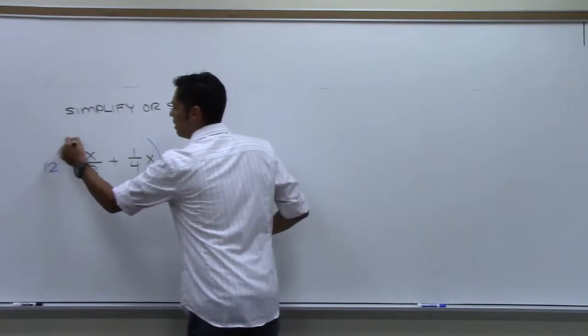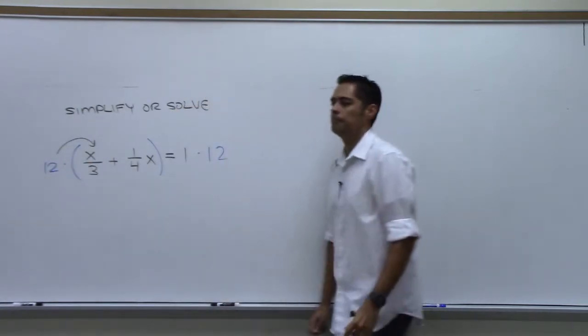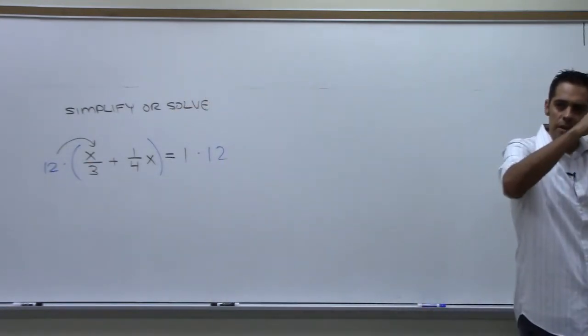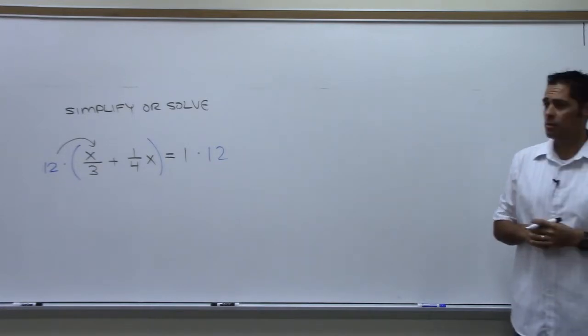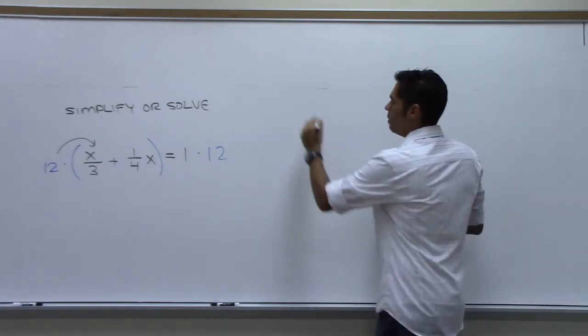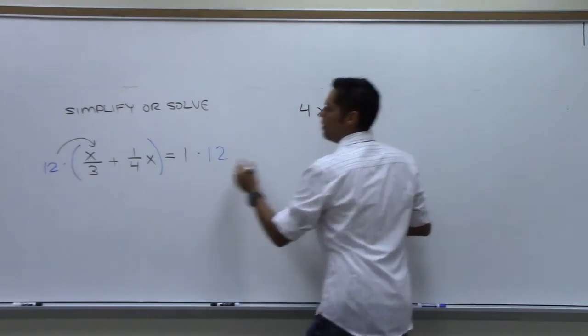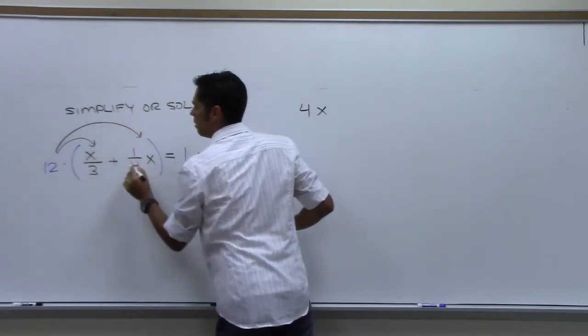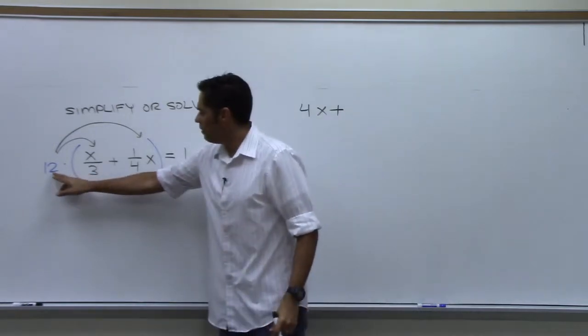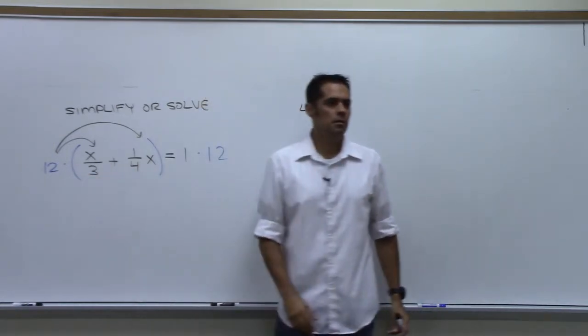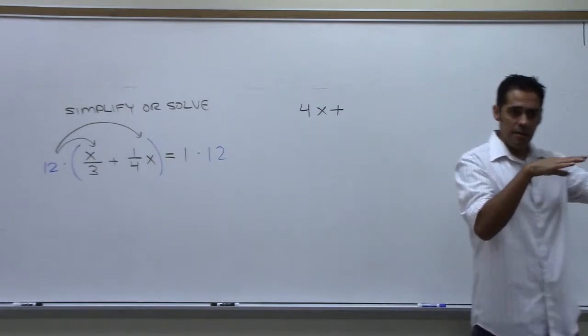What would we get if we did this to this one? The 12 and the 3 would reduce, right? And you would get what there? 4? You get 4 x's. And then when you go here to here, you're going to have a plus between them. And what would happen when you take 12 and multiply by 1/4? So that would reduce again, right? And you would get,